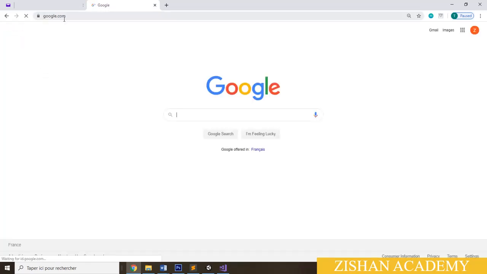If you move the cursor above this click here, you can find a small link there. If you click on click here, it will take you to the Google website. You can see the browser is redirected to google.com.